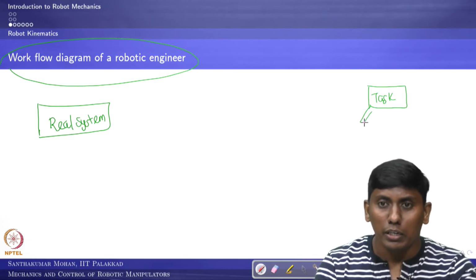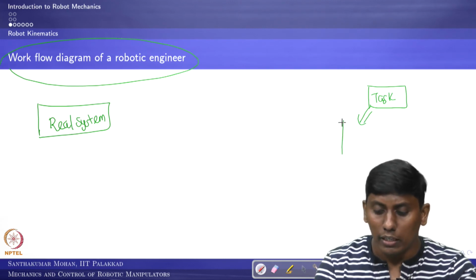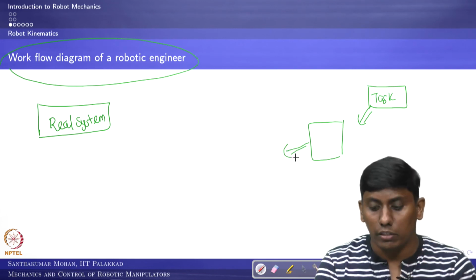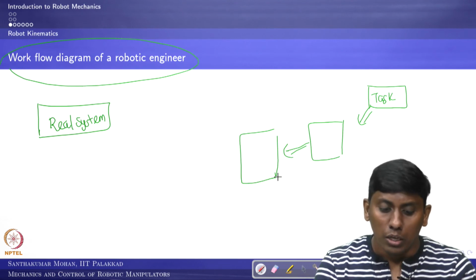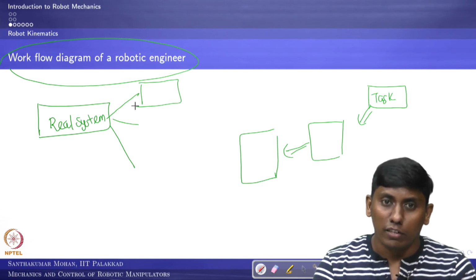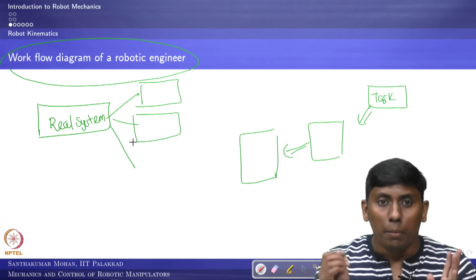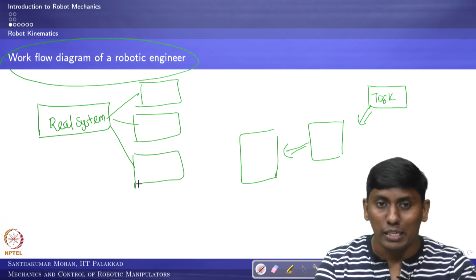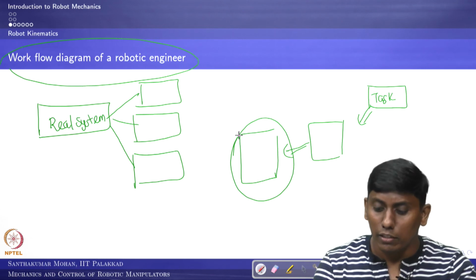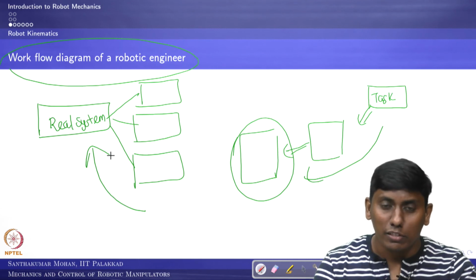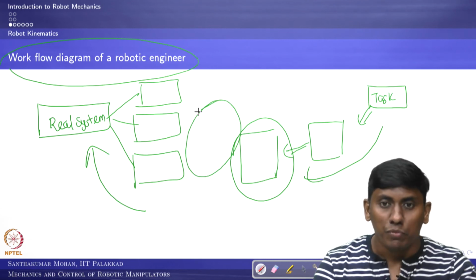From the task, you can get the desired specification. Based on the desired specification, you can find a tentative configuration. So the selection of configuration you can do, but the real system requires at least 3 inputs. One would be the selection of actuator, the other the selection of the mechanical structure, and the third the selection of control, or you can say sensors, because you need to have a closed loop. So the selection of configuration comes from one end, but the selection of actuator, sensor and mechanical system is on the other side. Somebody has to fill the gap here. So who would be filling it?